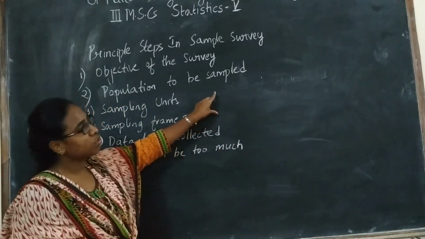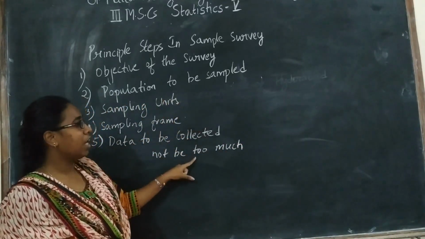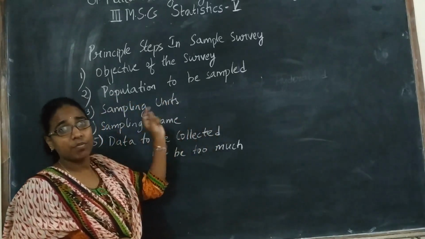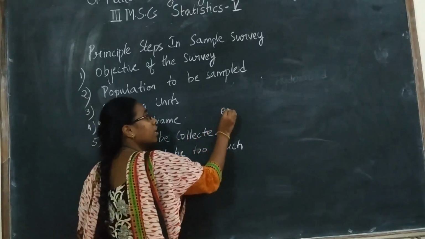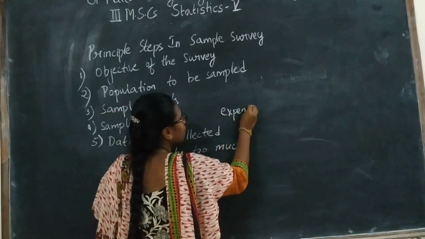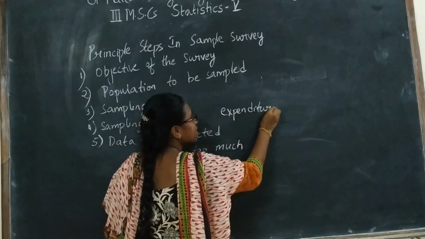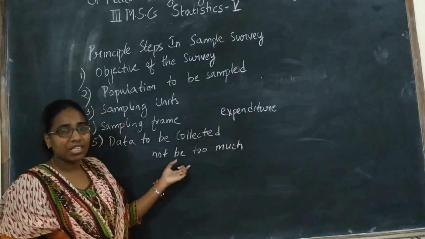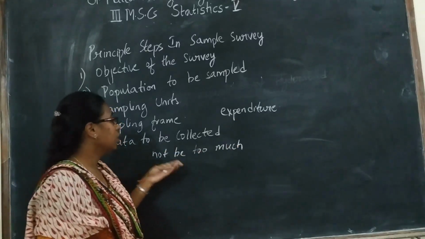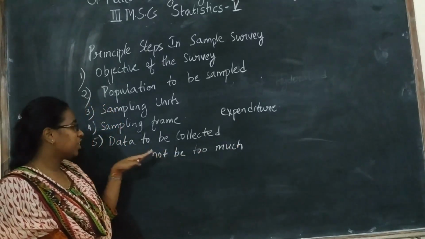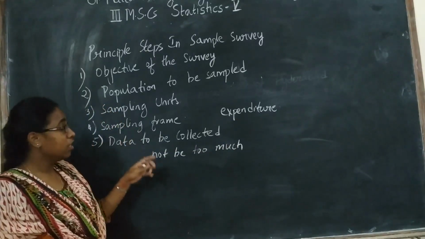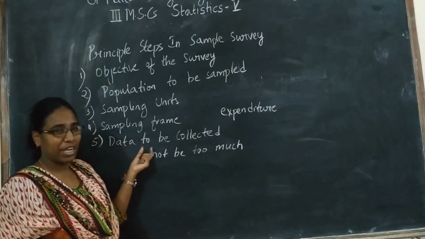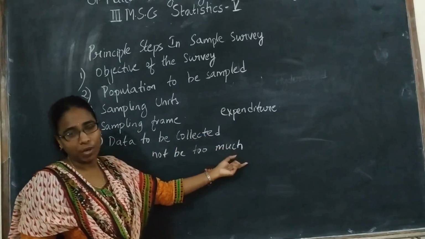If you want the household information, you have to collect only the household information. You are checking the income, expenditure, right? For expenditure, we want just the prices. So if you consider only the prices information, that will be enough for us. We should not collect too much data, which creates bias in our data. So always keep in mind whatever data you are collecting, that should be meaningful and should not be too much.